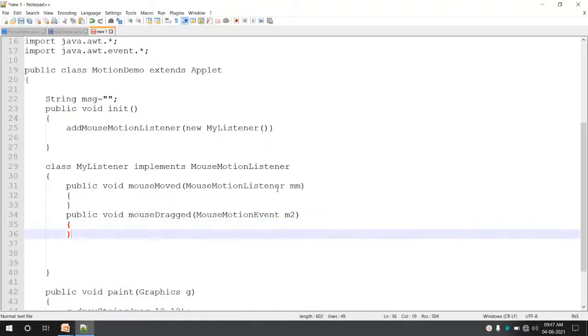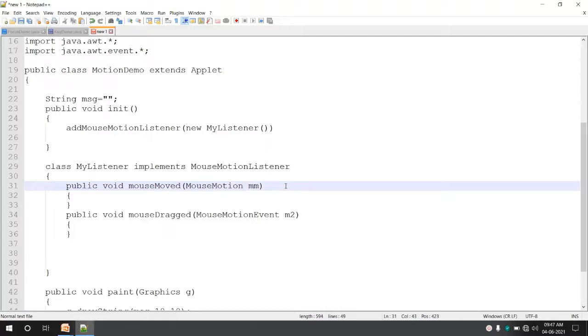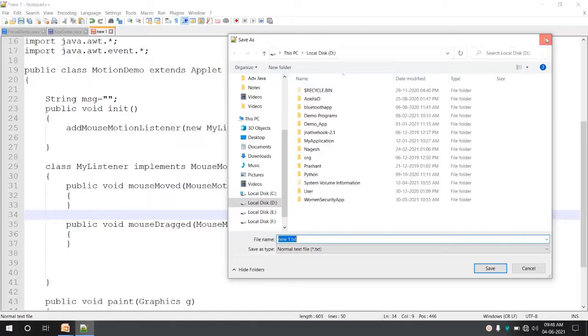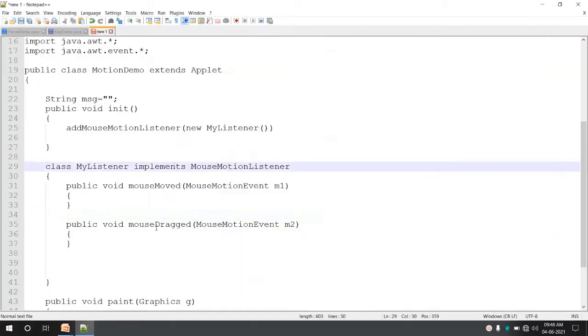In the earlier case also, this is not a listener object, it takes an object of an event class, MouseMotionEvent, which I'll call M1. Both the methods of MouseMotionListener have been overridden in our listener class. Okay, so this is done.